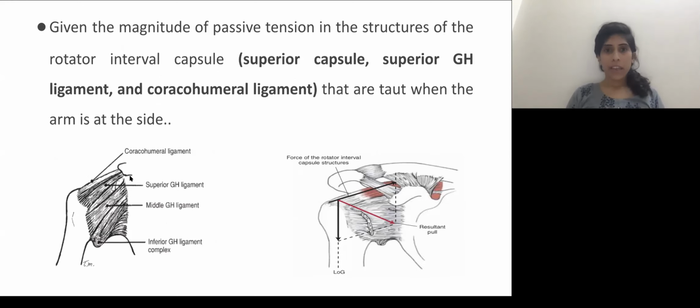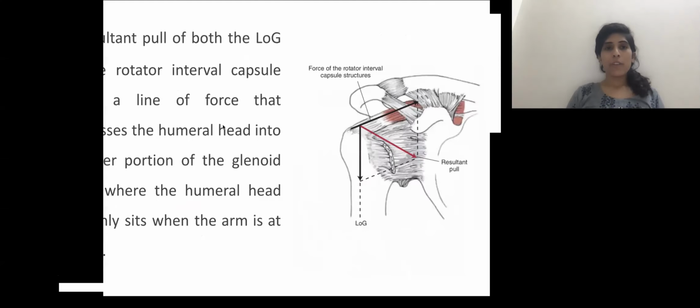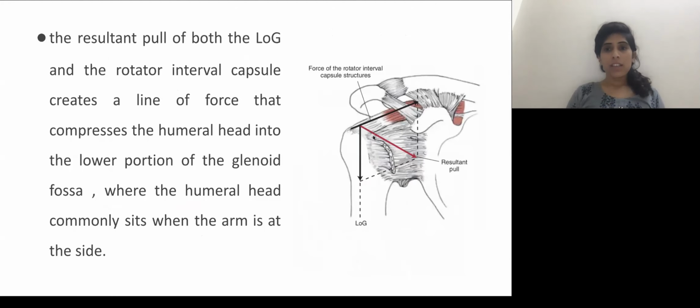Okay, so superior capsule, coracohumeral ligament, and superior glenohumeral ligament. These three structures together are called the rotator interval capsule. Here in this diagram, you can see these rotator interval capsules are producing the upward force. Correct? So the LOG is producing downward force. These rotator interval capsules produce the upward force. So what happened? As a result, this resultant force of the LOG and rotator interval capsules compresses the humeral head